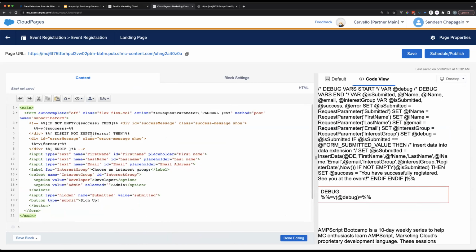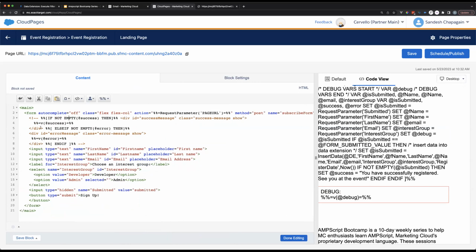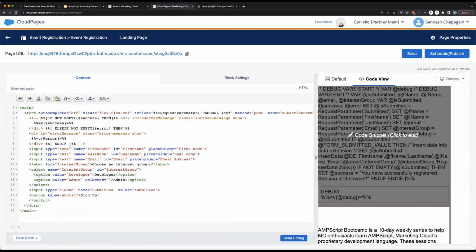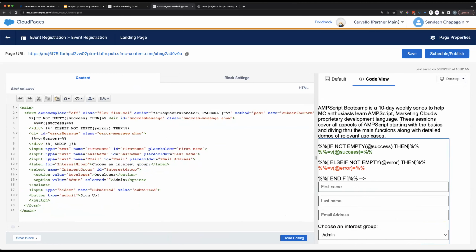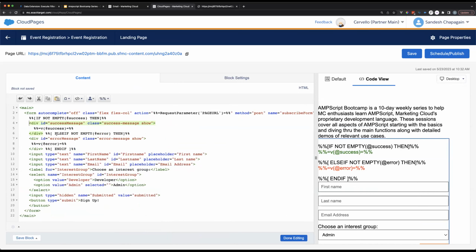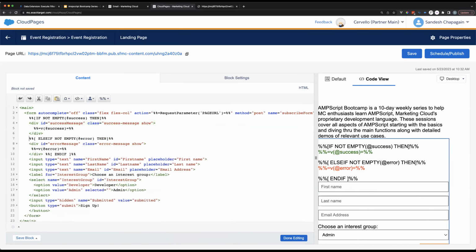Okay, so I've actually cheated a little bit and set this up beforehand, which was commented out, so it was not visible. But if we want to uncomment this, now what this does is we can also use inline AMPscript blocks to conditionally only display certain things. So what we're doing here is using an AMPscript if condition.